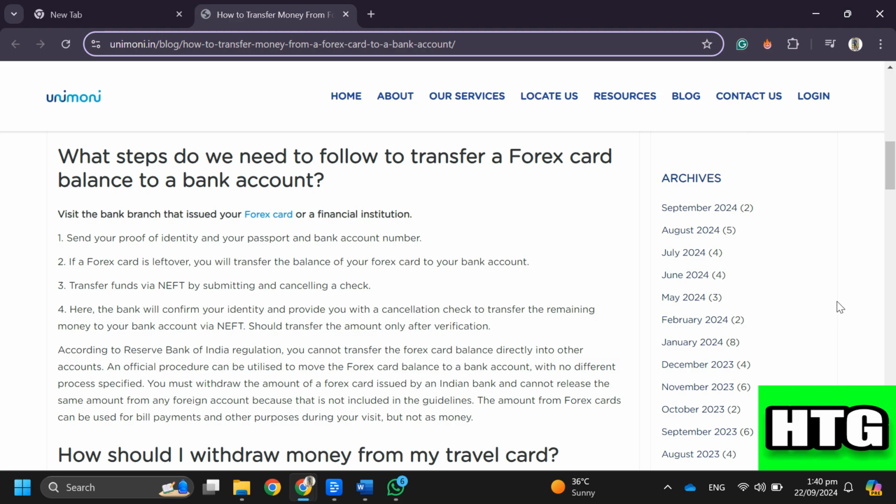Step 6. Confirm the transfer. Review all the details to make sure everything is correct. Click Confirm or Submit to complete the transfer. Step 7. Receive confirmation. You will receive a confirmation screen, and the Forex card provider may send a notification once